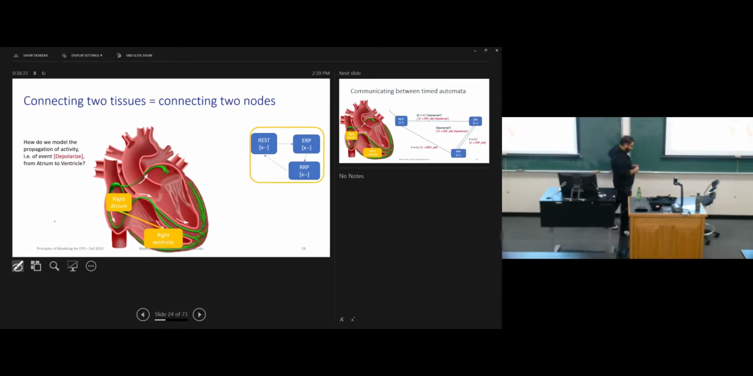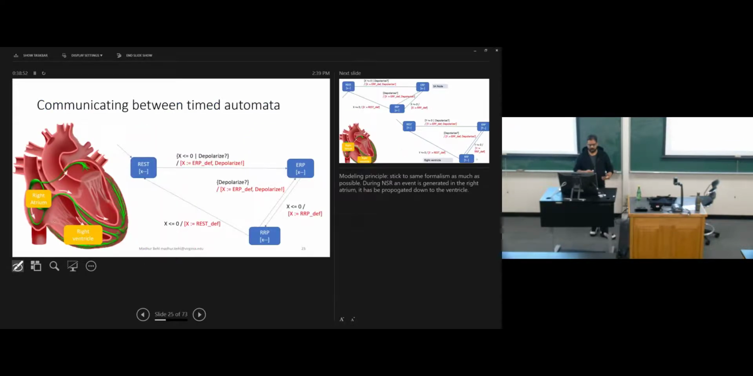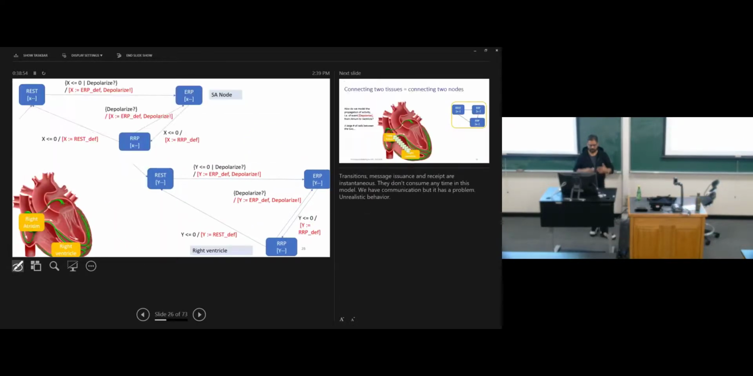Another thing which was brought up, and I sort of hand-waved over that and didn't bring too much attention on purpose, is we know that in the heart there is a delay between when the atrium squeezes and the effect is observed in the ventricle. Right now, in our heart model, so let me actually make that more clear, maybe this will help. We have the same timed automata, but the top one is for the SA node,